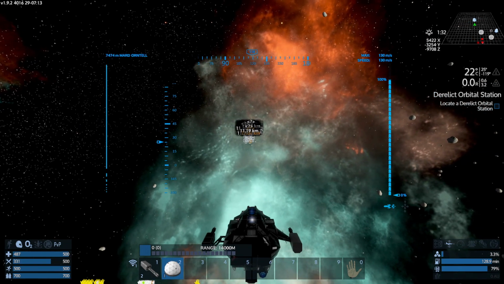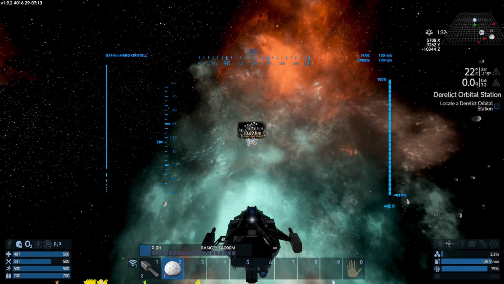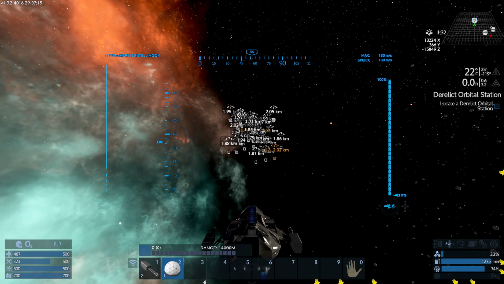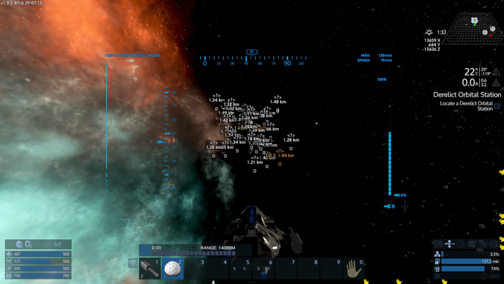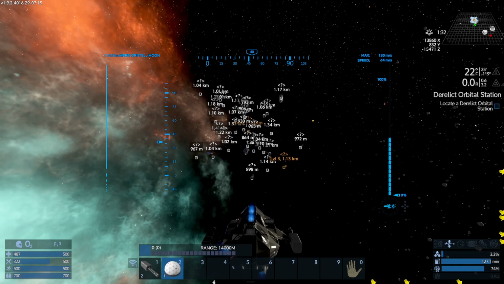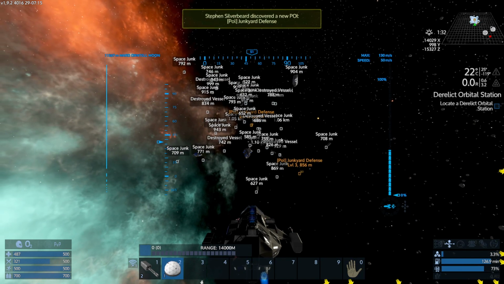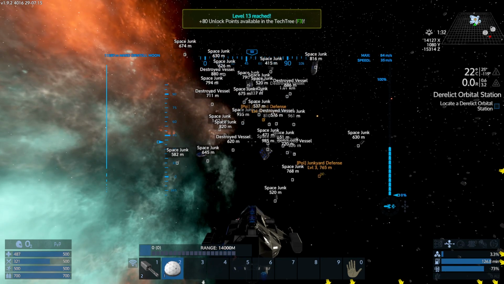So what we're going to do now is just head for this cluster and see what's here. I'm assuming that there's a possibility that the Derelict Orbital Station is in the middle of this. So we'll take a look. Here, we're just coming up on whatever this cluster is. It looks like there might be some Polaris inside as well. Have to be a bit careful to make sure that we don't run into any hostiles. Right, we've got space junk. Wow. We've got space junk everywhere. It says a junkyard defense, but it says it's Polaris. Now, are they going to get upset if I...